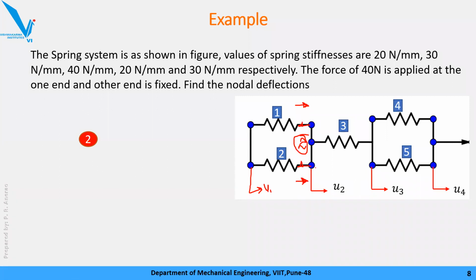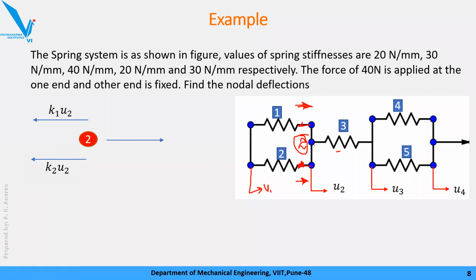Then if I look at this system, the forces will get opposite. Forces become opposite. In detail we will learn in the next part, just try to understand. So there will be a K1 U2 force and a K2 U2 force. And due to spring 3, there is one more force which is going to be balanced against these two, because the system should be in equilibrium. So how much is that?